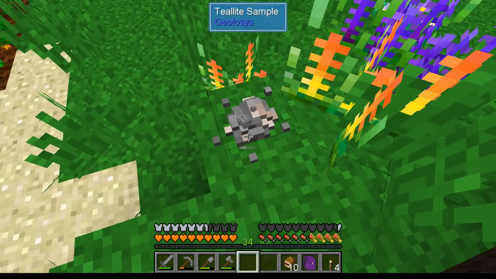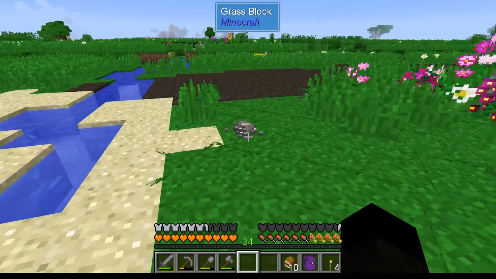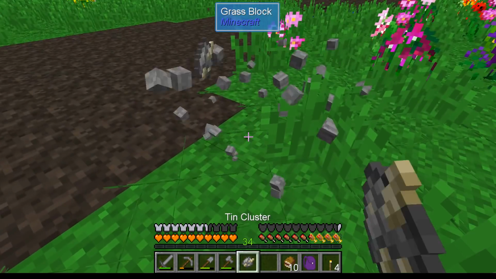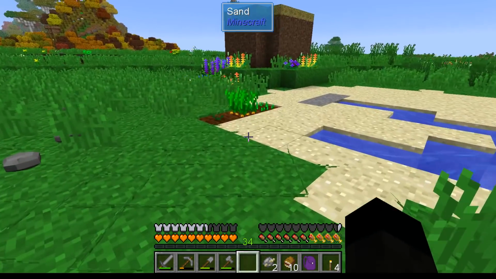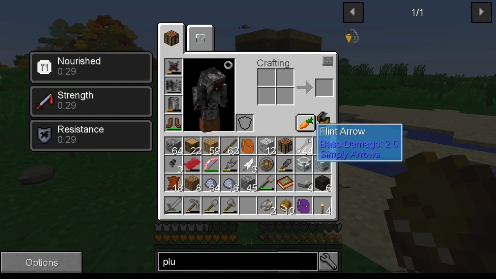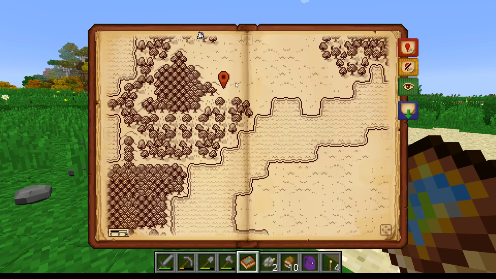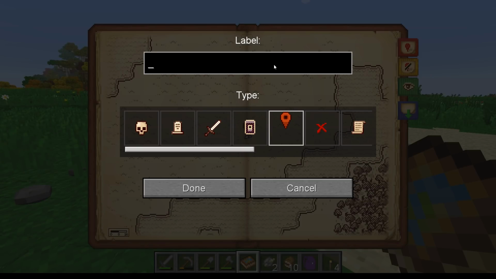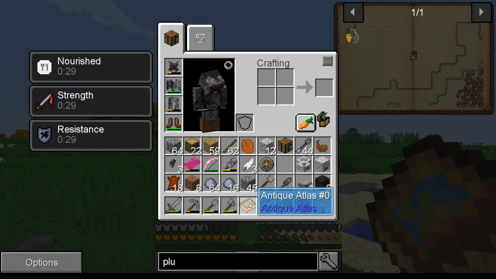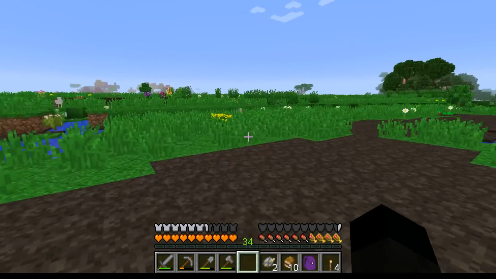Alright, well, we found another tea light sample. Shouldn't do, if you right click you get those. What you actually need to do is break them, and you'll get your tea light tin clusters. Now I'm going to mark these again on the map once I've found it. Inventory is proving problematic. I really did not find any coal down there. It's got to be down there. I just could not find it, and it was becoming problematic,